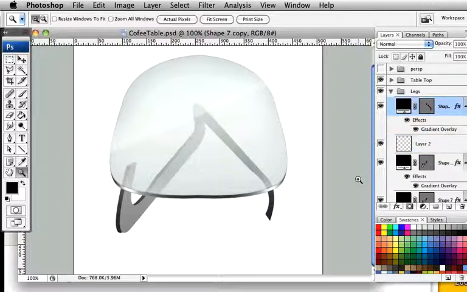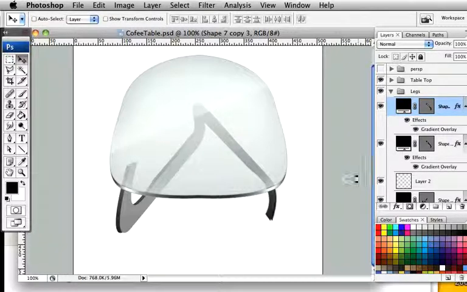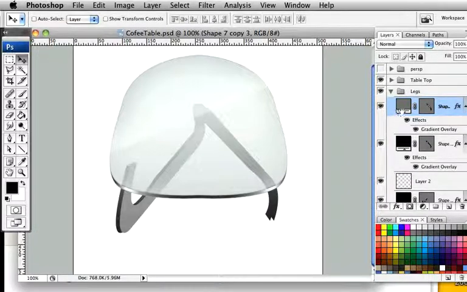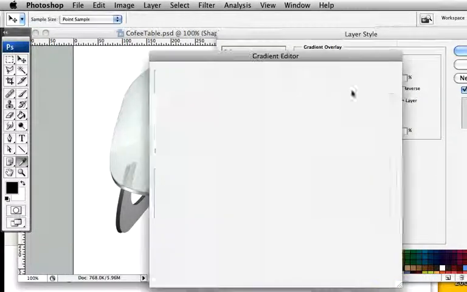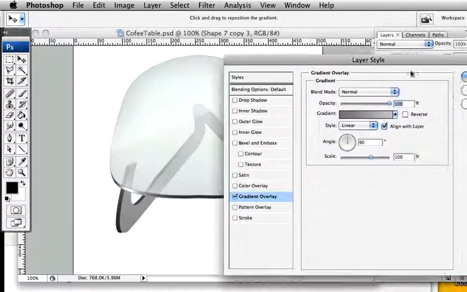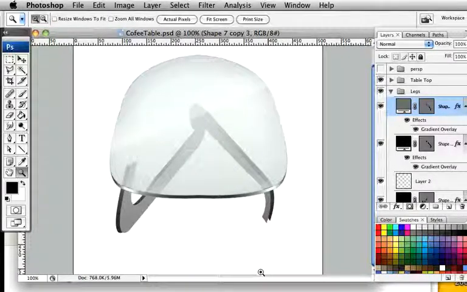So now I'm going to grab my right leg, Command J, duplicate that, and then again I'm going to move to the right to start with, and then change the colour to a lighter grey, go in, gradient overlay, OK, and click on OK. So we're just lightening up those colours. V on the keyboard again, doesn't quite look right, but if we move it to the left, okay, we get the thickness of the leg, and again, I'm going to zoom in,